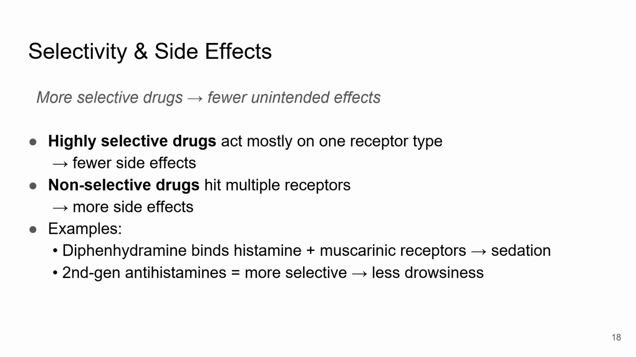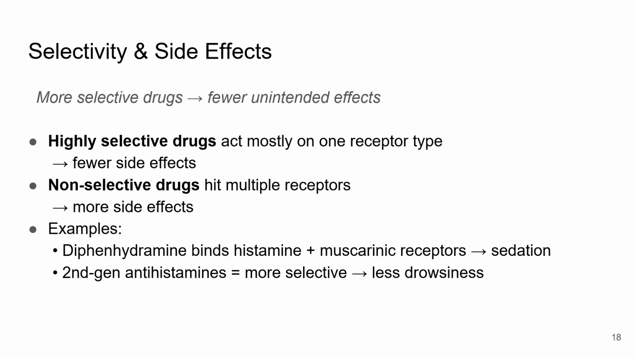So now we're looking at another pharmacologic principle, which is selectivity and how that affects side effects. The more selective a drug is, the fewer unintended effects it tends to have. Highly selective drugs act primarily on one specific receptor type, and because they target a narrow pathway, they are less likely to affect other body systems, which usually means fewer